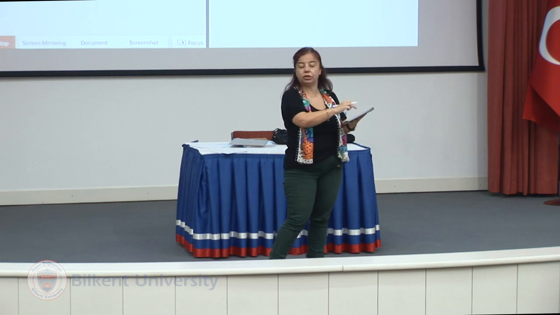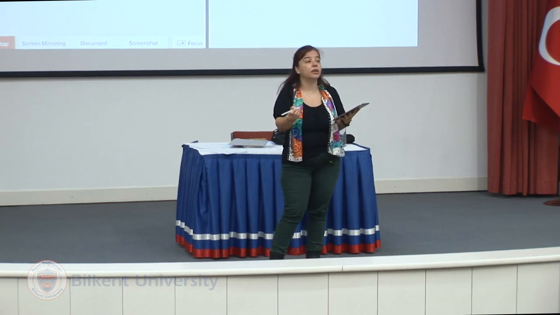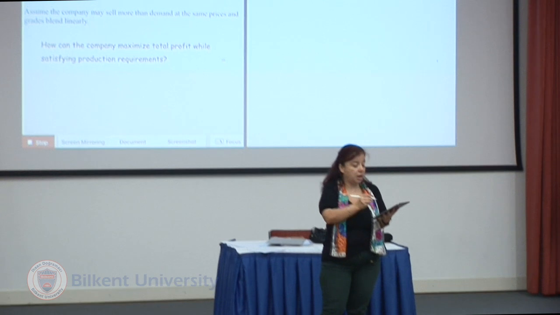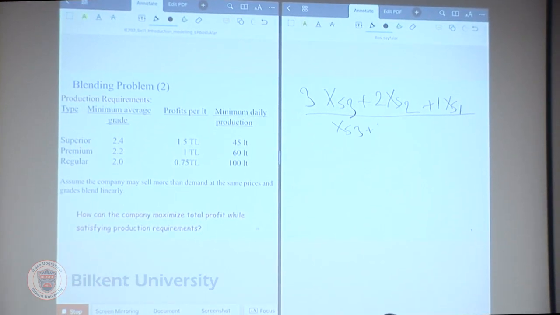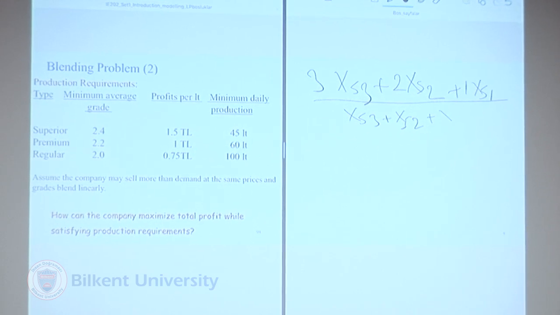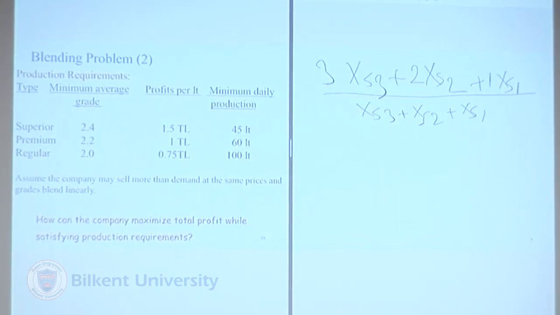So any kilos of orange from that will bring me a 3 in the average. Plus 2 times XS2. Anything from grade 2 will give me 2. Plus 1 times XS1. Anything in grade 1 will bring a 1. Divided by everything I'm putting in here. That's the whole kilos. Should be at least